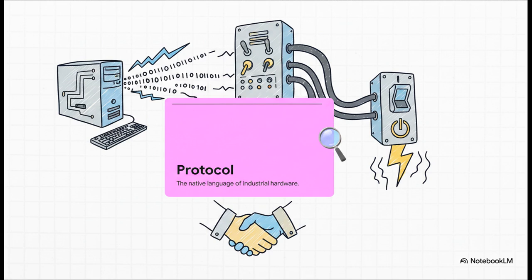But an industrial protocol is a whole different beast. When a computer needs to tell a giant steel, high-voltage circuit breaker to physically snap shut and cut power to a city, it doesn't use English, it doesn't use Spanish, and it definitely doesn't use web browser language. It uses a highly specific industrial protocol. This right here is exactly how the digital world reaches out and shakes hands with the physical world.